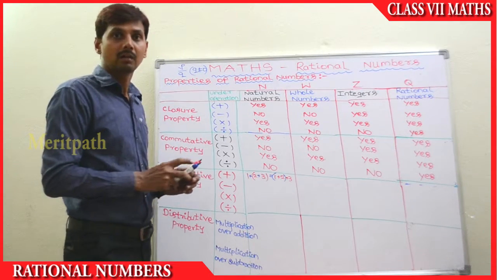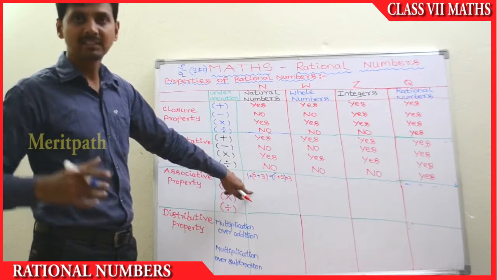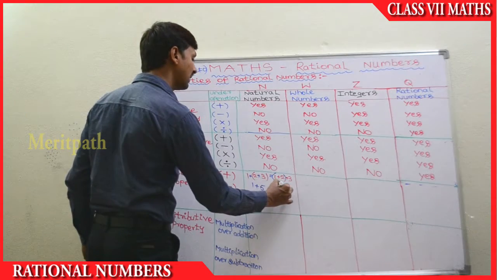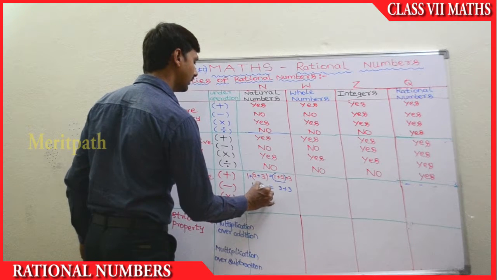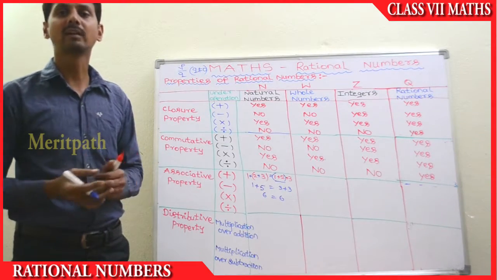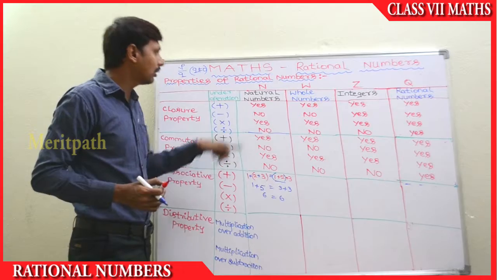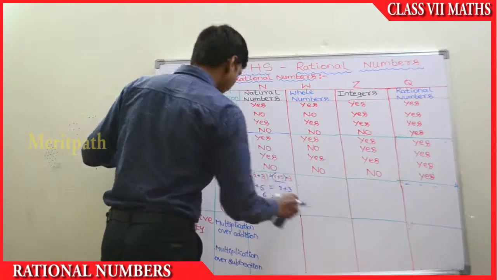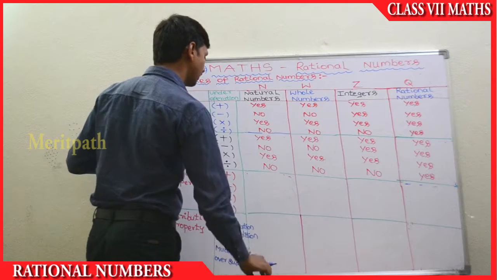So let's verify whether this is equal or not. First, using the BODMAS rule, we will simplify what is in the bracket. That is 2 plus 3 is 5, plus 1. So 1 plus 2 is 3, plus 3. So let's simplify. 1 plus 5 is 6. 3 plus 3 is also 6. 6 is equal to 6 and both sides are equal. So we say the associative property of addition over natural numbers is applicable because we got the same result. So let's write. Yes, it's possible.